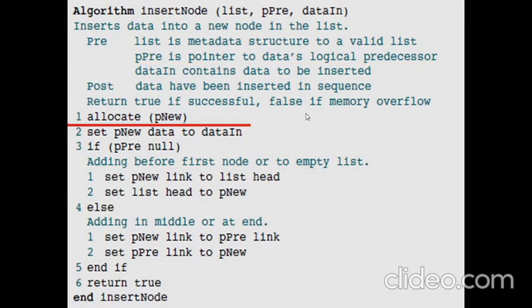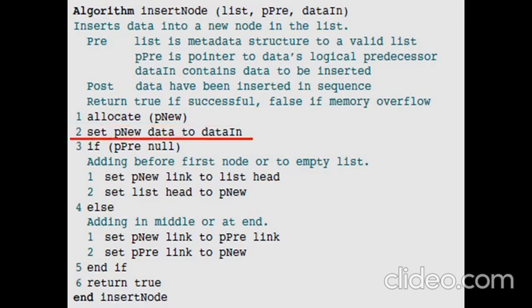The first step to be done is creating the memory that is necessary for the node, because it's a dynamic memory allocation based implementation. So whenever we want to add a new node, you first have to acquire the memory needed for that node. If it is a program implementation, then for this statement we would have used a malloc statement or a new operator in the case of a C++ program. So some memory allocation statement has to be used here to create the new node.